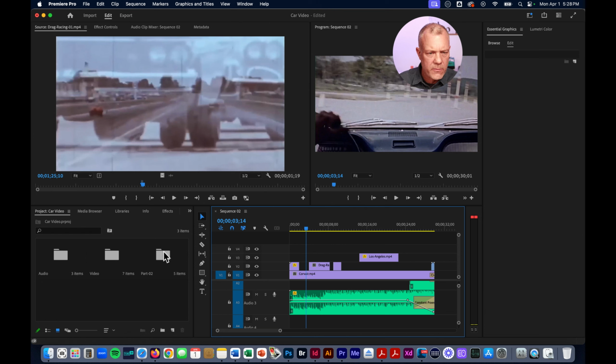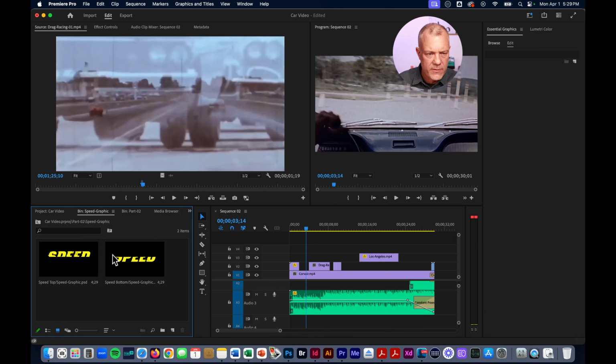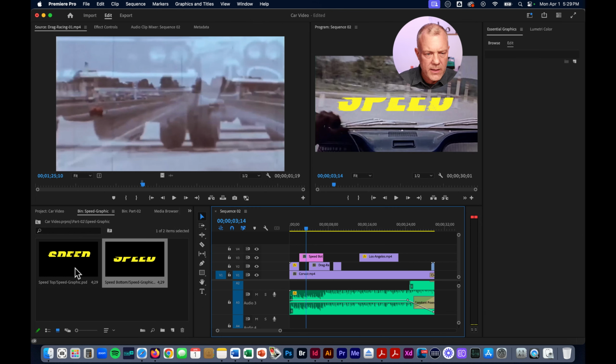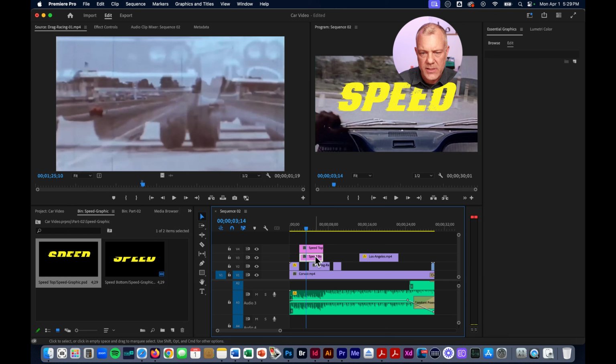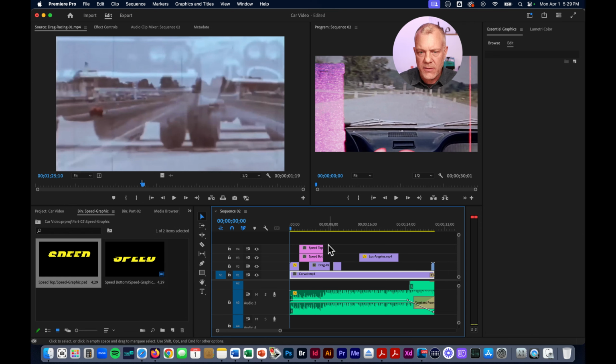And I'm going to work my way basically into this part 2 bin and into my speed graphic folder. And I'm going to put both of these on my timeline. So I'm going to grab the bottom one first. I'm going to put it right about there. I'm going to grab the top one, and I'm going to put it exactly in alignment. So there's my 2 things, okay? So if I go from the beginning and play,